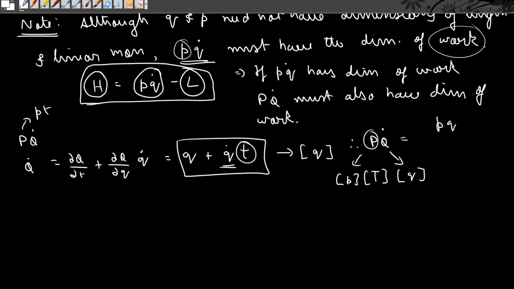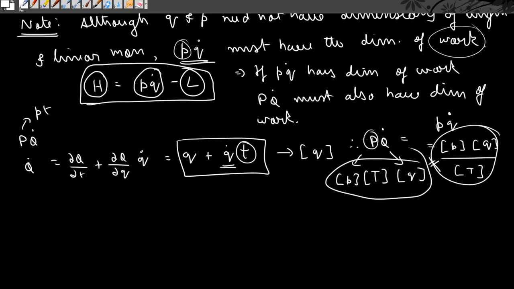Whereas the dimensions of this is going to be the dimensions of p times the dimensions of q divided by the dimensions of time. So clearly these two do not have the same dimensions, which means that if this is the dimension of work, this cannot be the dimension of work. Therefore it is not possible to write an equation of the form PQ̇ minus L', because H' should always represent energy. It should have dimensions of energy, and this is the reason why there cannot exist H' for this transformation, and therefore this is not a canonical transformation.